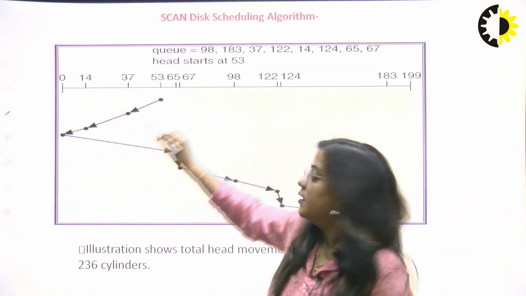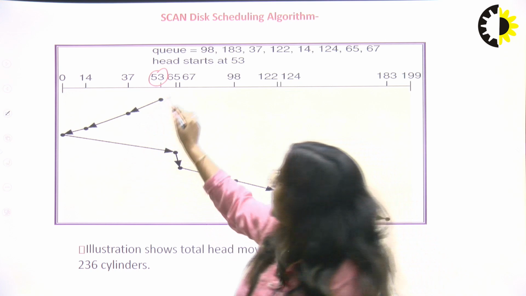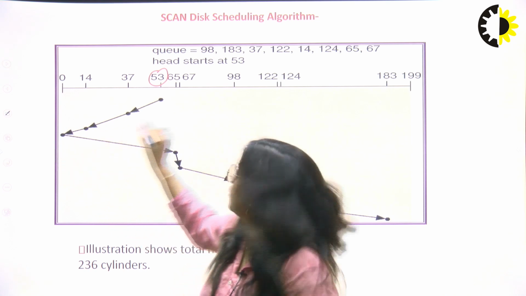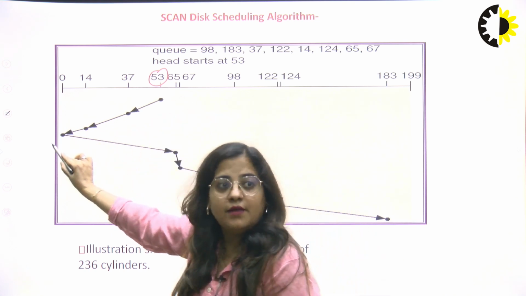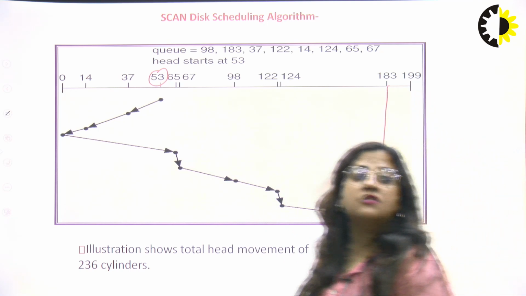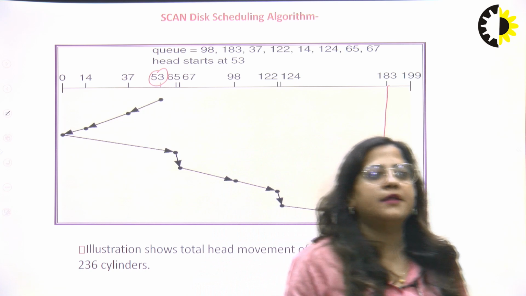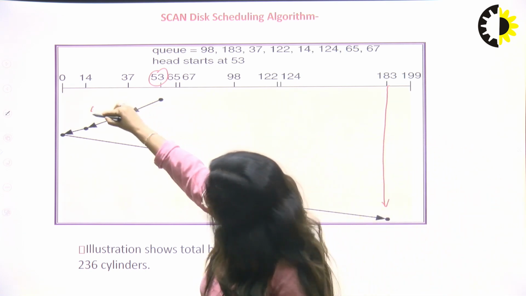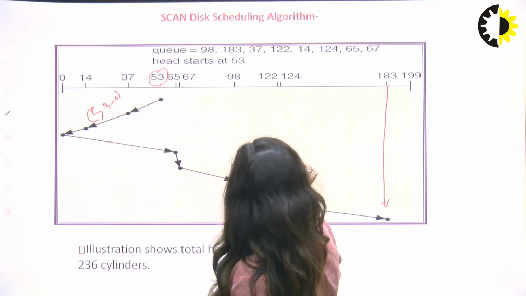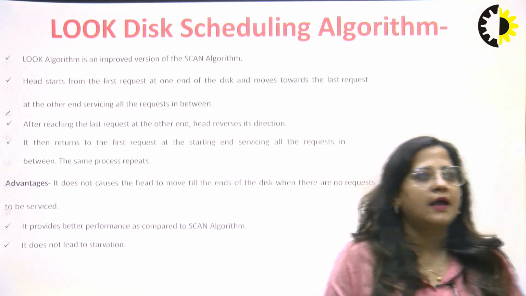And we take another question where we use the left direction of movement. Same as this, the read-write head starts in the lower direction. Lower direction means the left side. So you move to the last point in this line. The last point is 0. Move one by one, and then move in the right direction up to the last number given in your question. Okay, and again this question is solved by 53 minus 0, and here we move 183 minus 0 and add these. So this is the SCAN scheduling algorithm.